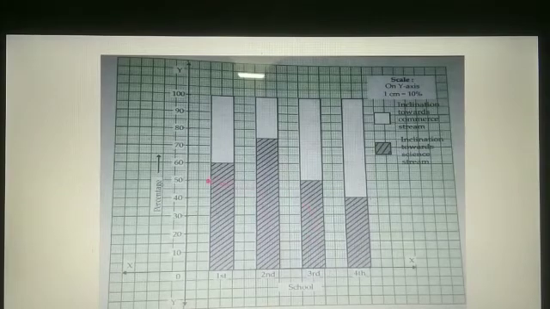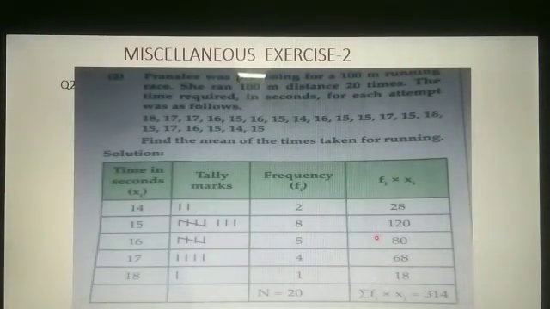Now in third school 50% in science stream. Then in fourth school again 40% in science stream. So shade this portion. In this way you have to show the bars of 100. Total is 100 because it is a percentage bar graph. So up to total we have to take. Here every bar is of 100 units. Okay, have you understood? So question number 3 of practice set 11.3 is over, and now we will start miscellaneous exercise 2, where question number 2